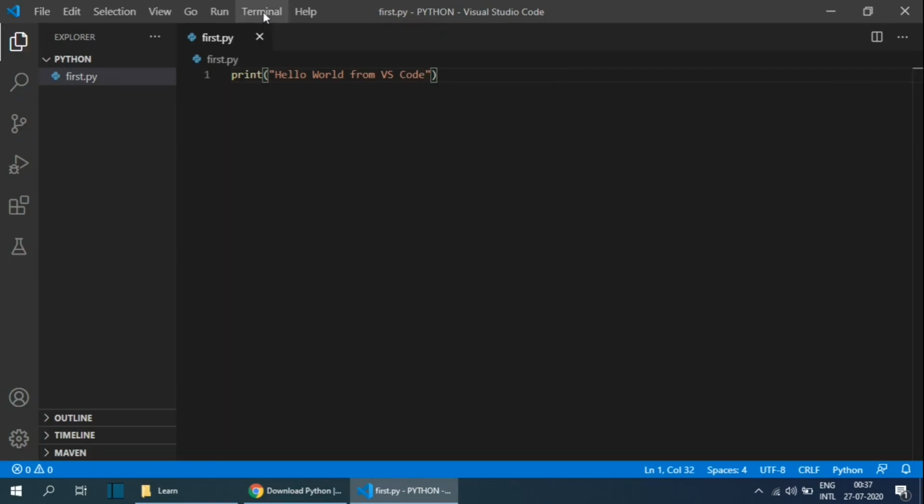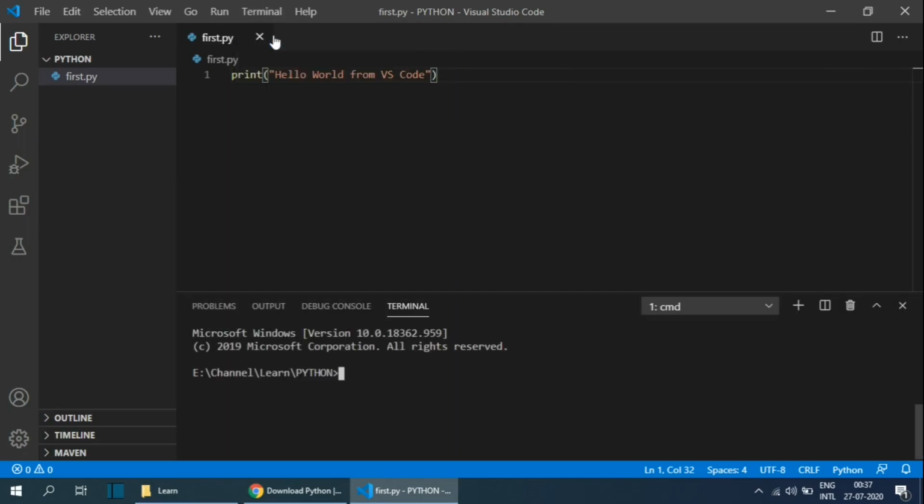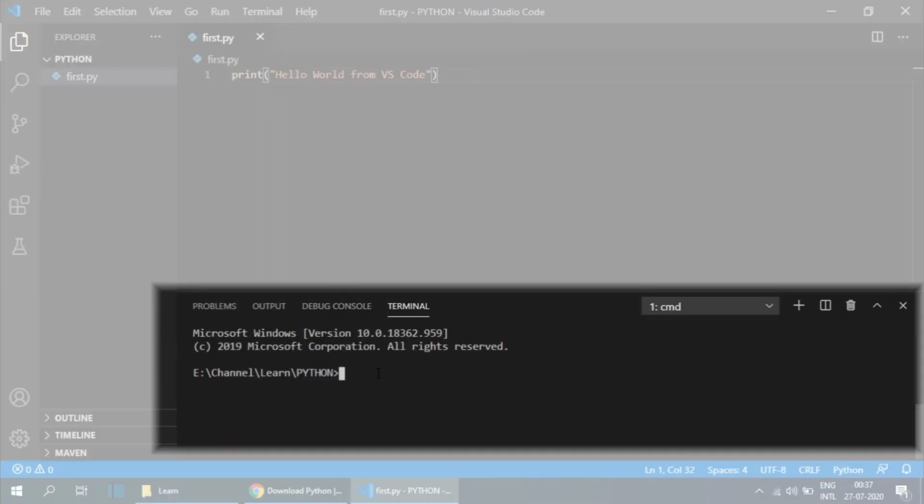Now click on Terminal and select New Terminal. You should be able to see a terminal window at the bottom section of VS Code. This is where you are going to issue a command.